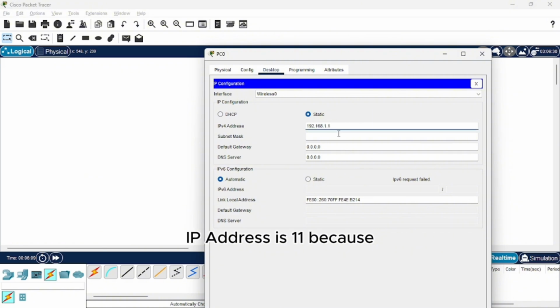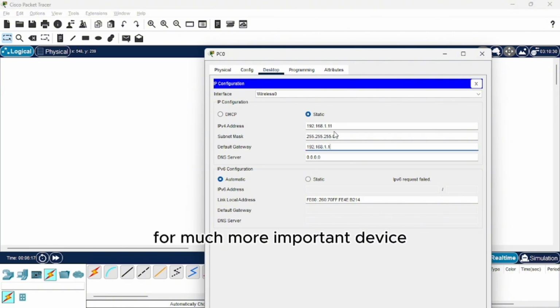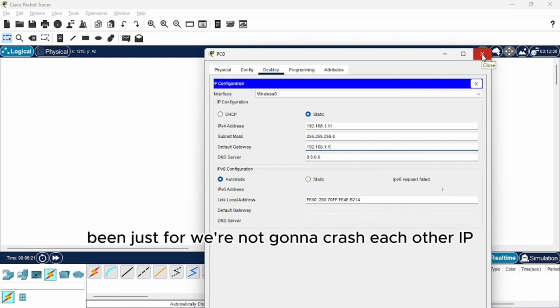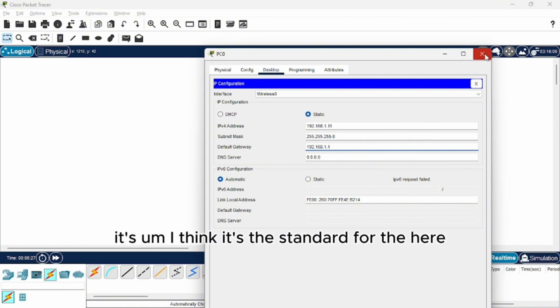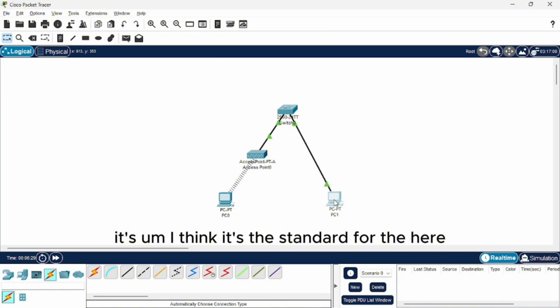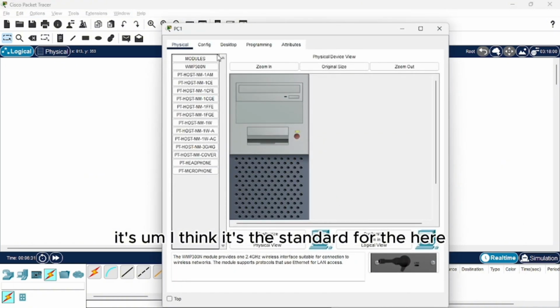Use that IP address ending at 11, because 1 is for the gateway, for the server, for much more important devices, so we're not gonna crash each other's IP. I think it's the standard.